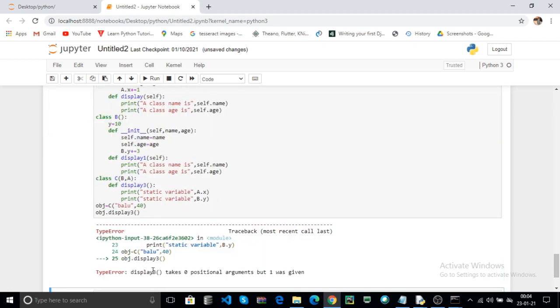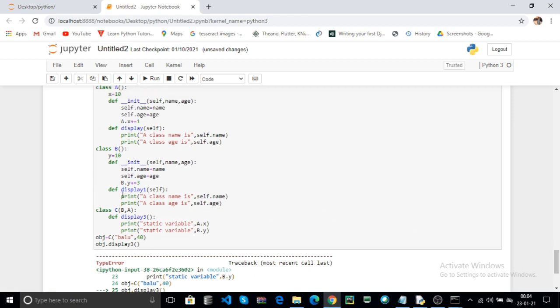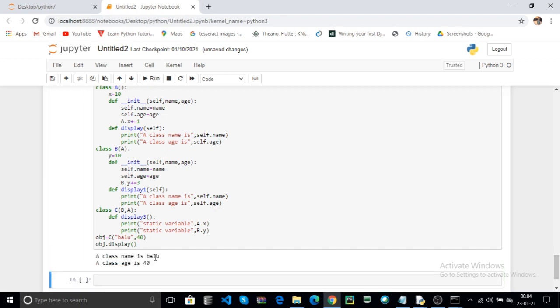Here display 3 takes 0 positional arguments, but 1 was given. Here you can pass the A here. Click on run. For example, we try with the object dot C. Here the class name is Balu and the class age is 40. This is how to pass your parent class to your class B.